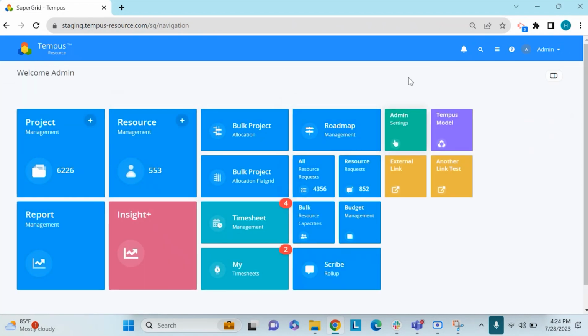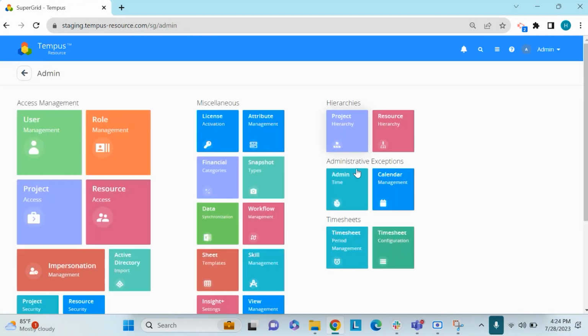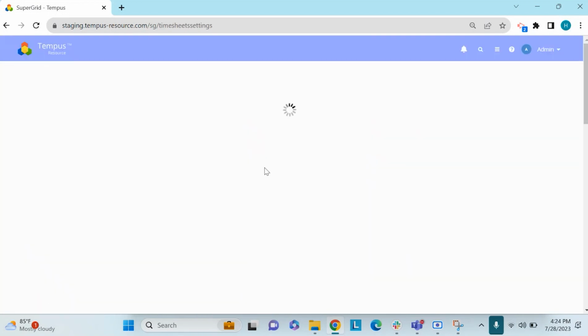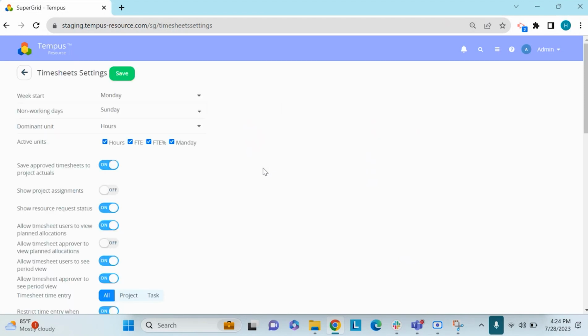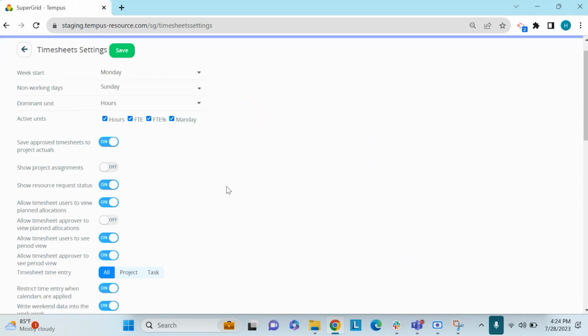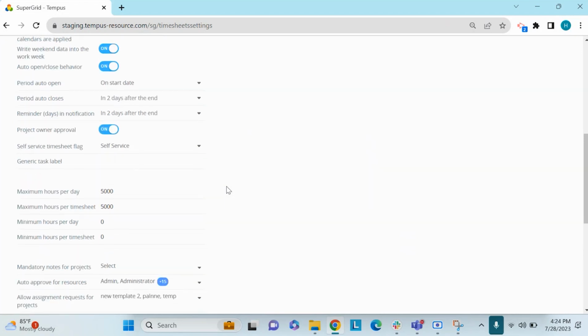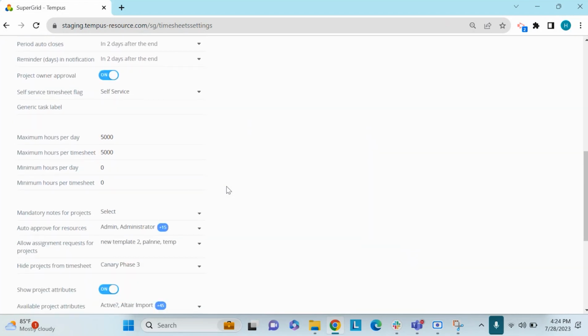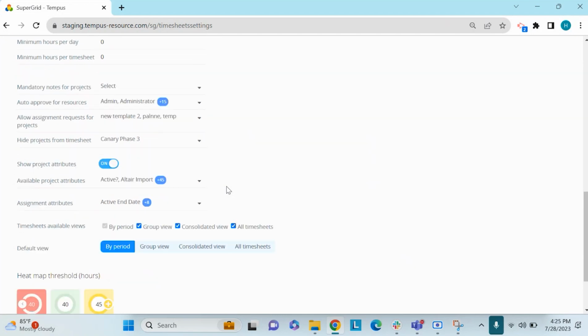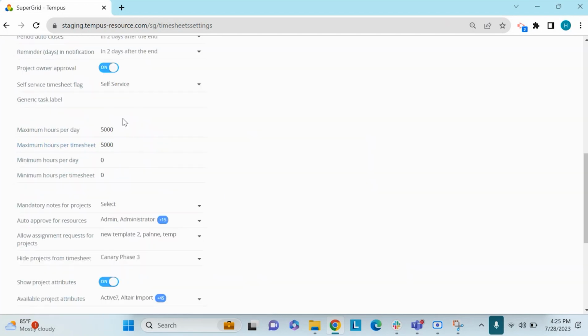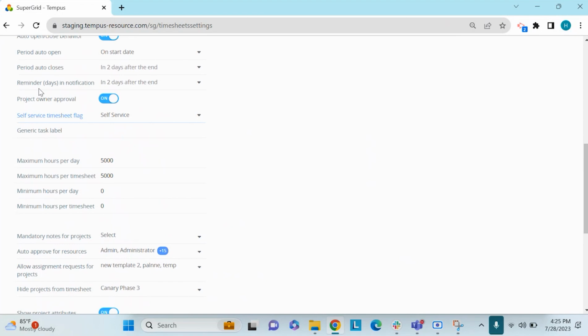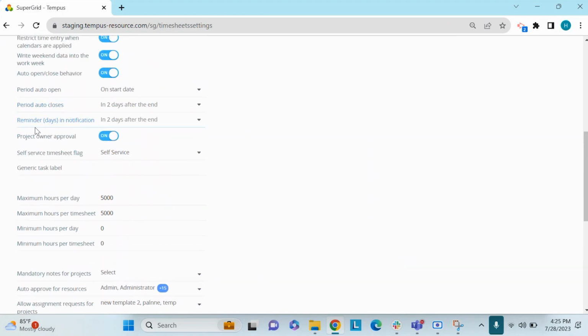Additionally, for administrators, they can go back into admin settings and go to the timesheet configuration. Within here, we have different permissions for subscriptions for the timesheet side of it. So if I scroll down to the reminders here, they can choose how long they want the reminder days and notification to happen. So this means that